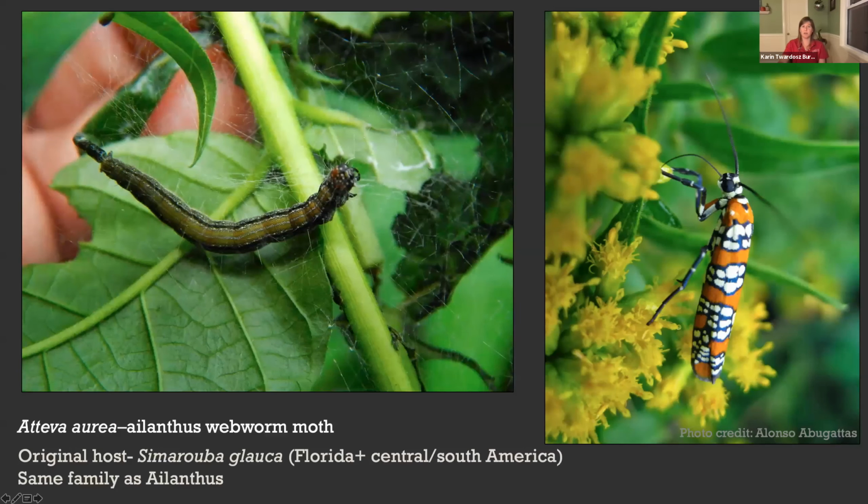And it turns out that it actually is an insect that uses a species that's closely related to Ailanthus that was distributed down in Florida and Central America. Its distribution wasn't up into the mid-Atlantic states, so we considered it a distinct non-native. But it turns out that this caterpillar could jump over and use it. And so it is true that for some of these species, there are specialists that can jump over, but it is often due to some kind of historical or evolutionary similarity in chemistry that allows that to happen.